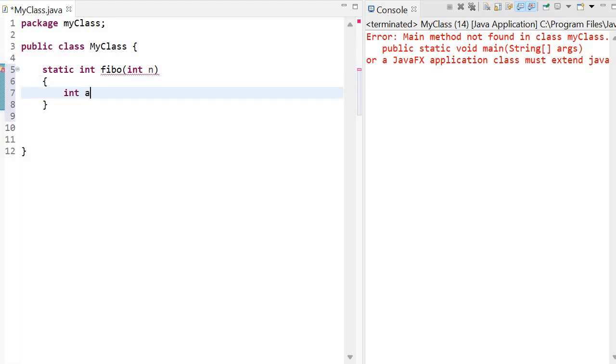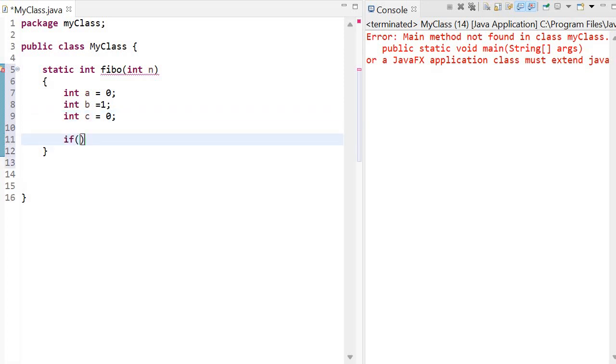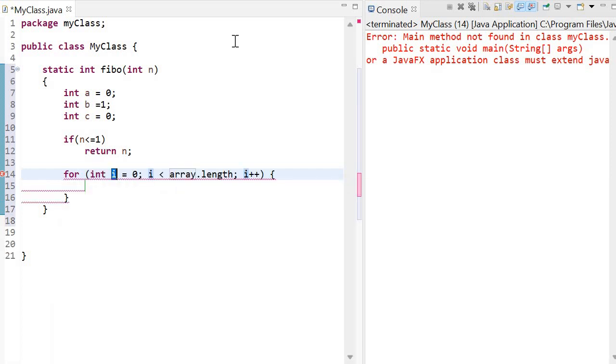For example, we have a variable a as 0 and b is equal to 1. I'm assuming that everyone knows what the Fibonacci series is. If n is less than or equal to 1, we didn't require this, but okay, fine,